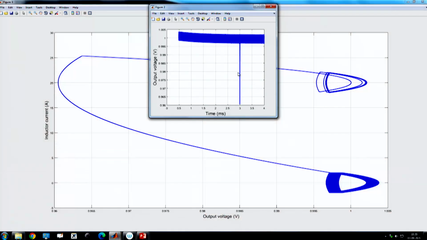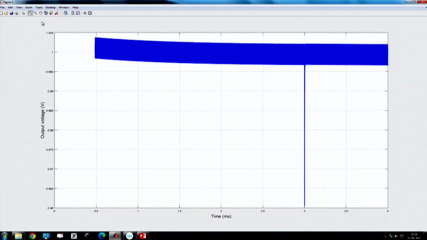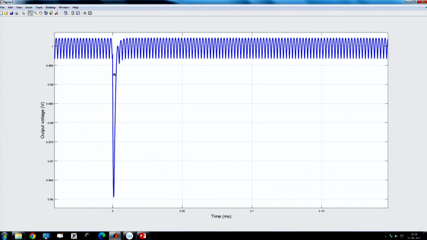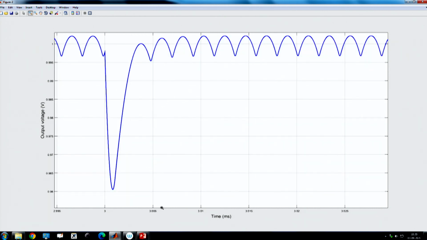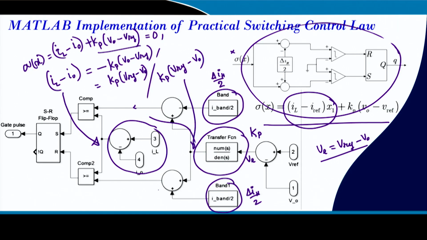Because of integral action the average voltage will slowly come to be 1 volt. So, if the integral action is added, if you go back to the switching surface, here our sigma x, I am considering, is IL minus I0 plus Kp into V0 minus Vref plus Ki into integral of V0 minus Vref dt.